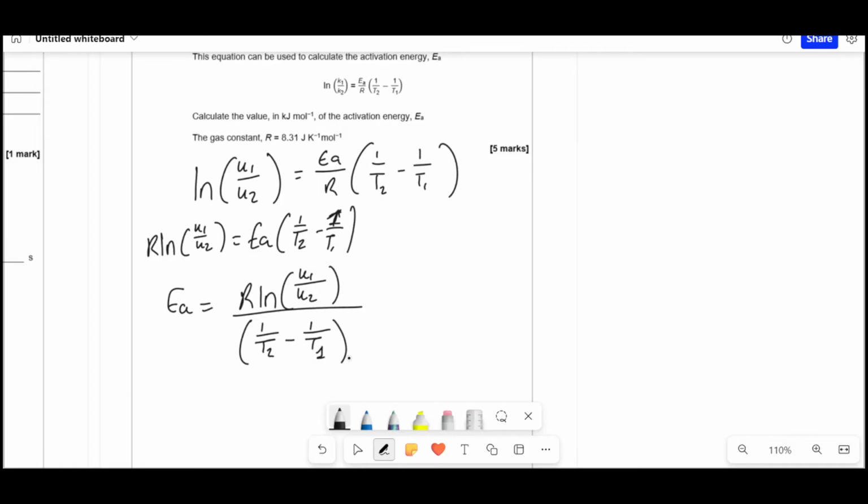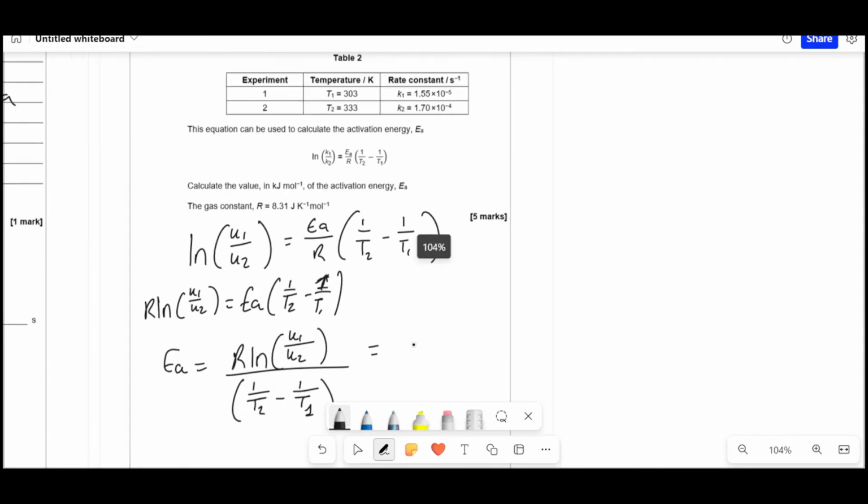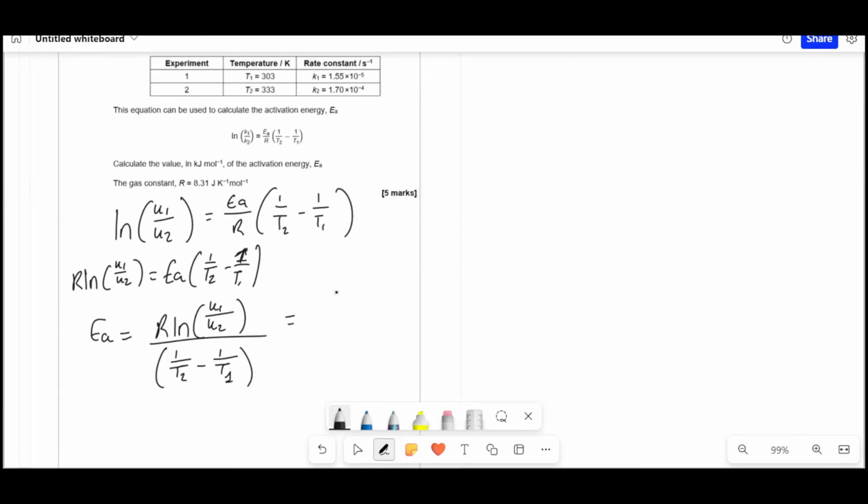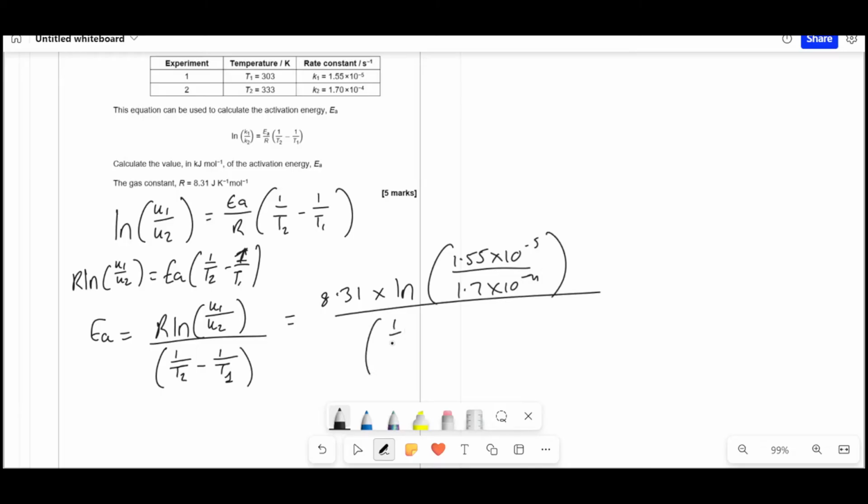Now, we can just put the numbers in because now it looks very clear what we're doing. We're going to get those method marks. So then that would give us 8.31 times ln of k1 over k2, which is 1.55 times 10 to the minus 5 over 1.7 times 10 to the minus 4, all divided by 1 over the second temperature, 333, minus 1 over 303. If you put that in your calculator, you should get